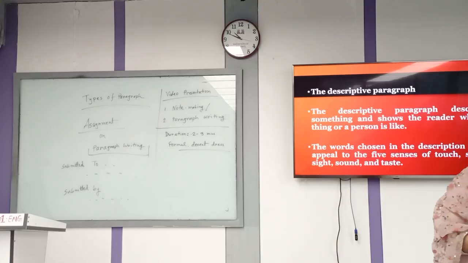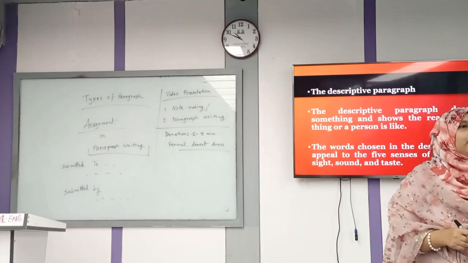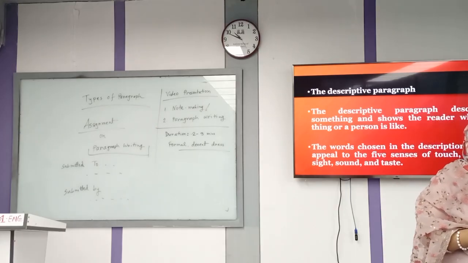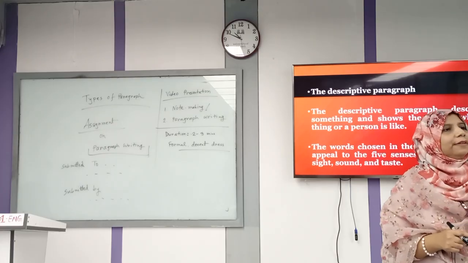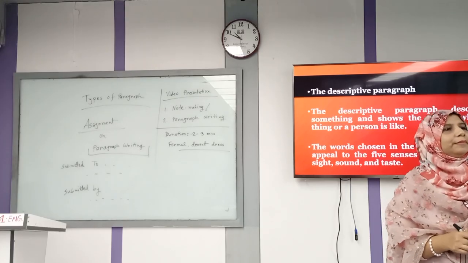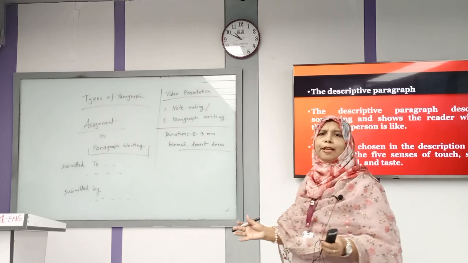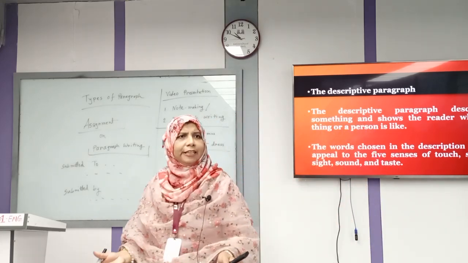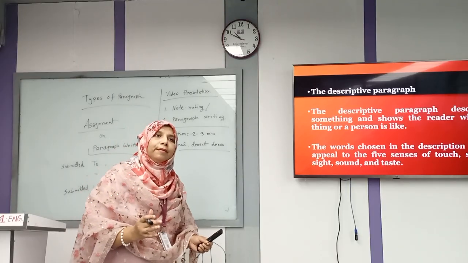But to write a paragraph, you have to know some specific words, some adjectives. What is a descriptive paragraph? Look at the screen, I have already discussed descriptive paragraphs, to describe a person, to describe a place. This is very easy and simple. Describing something to my reader.